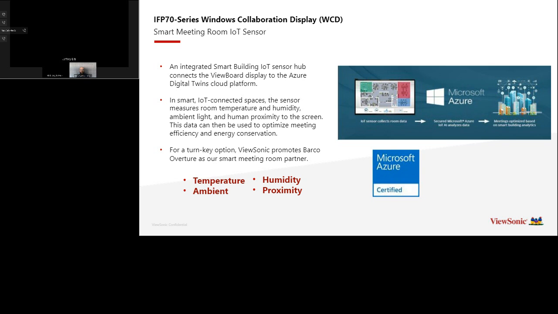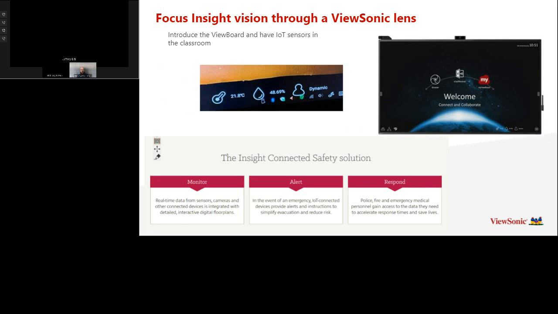What is the population count within a room, for lack of a better term? But this is where it really comes full circle, and I really hope everybody on the call has the opportunity to go by insight.com and look at a case study for a K-12 just outside of Houston. I believe it to be Klein ISD. If not, it's Aldine. I apologize. But this is where Insight stood up Azure and then IoT sensors for emergency response.